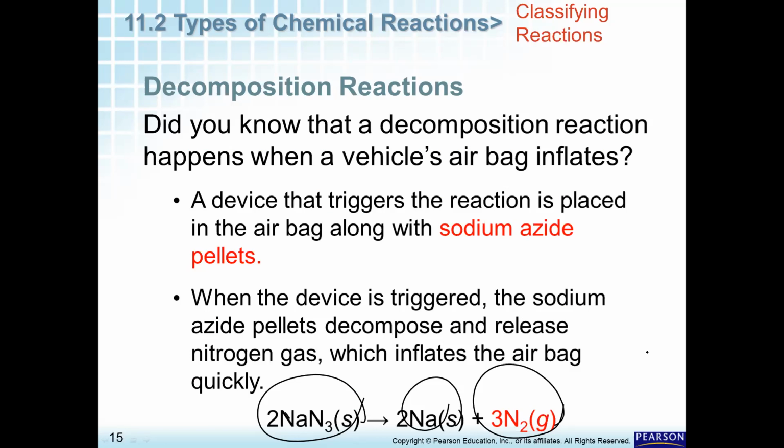Or you put a smaller amount than what is needed, and that will make what? Too little nitrogen, and then the bag is not completely filled with gas and it's not going to do the job. So it is important to determine exactly how much sodium azide you put in there to produce nitrogen, depending on the size. Let's say somebody is asking you to make